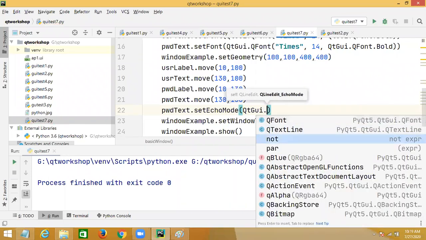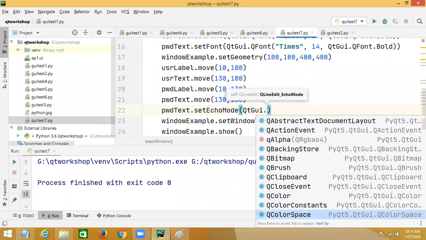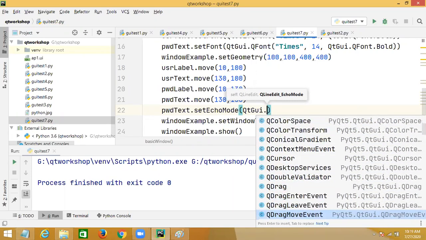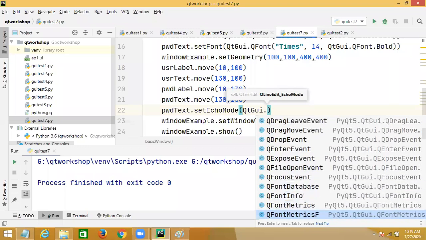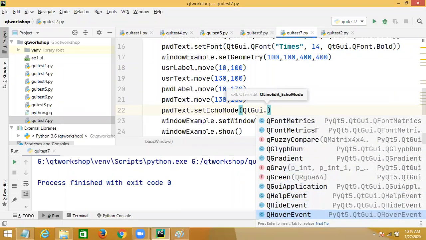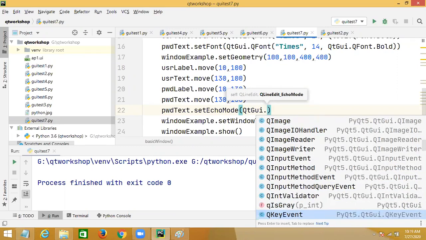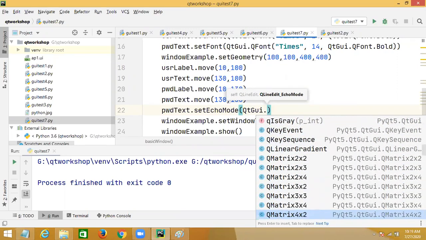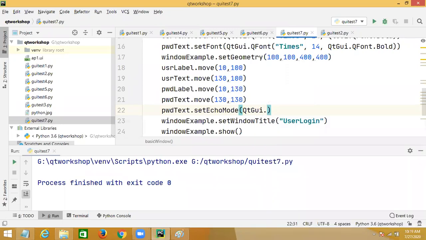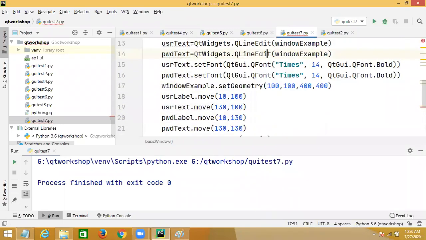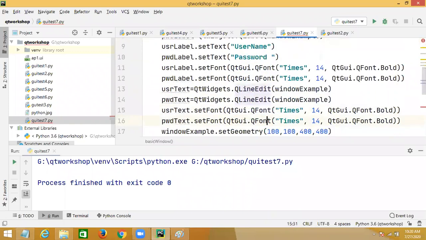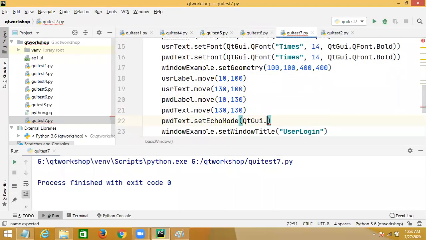I think there is one, not color echo. Why is it not working here?